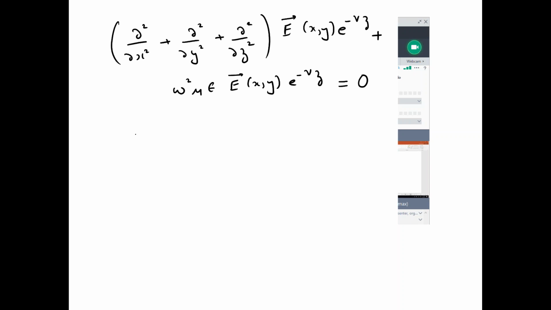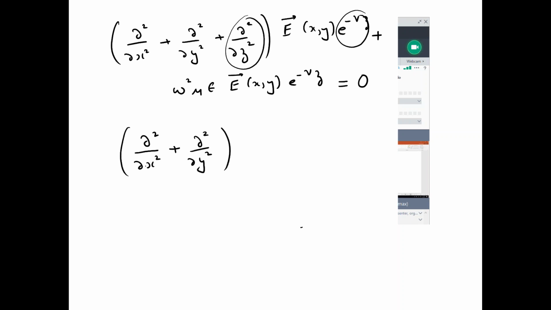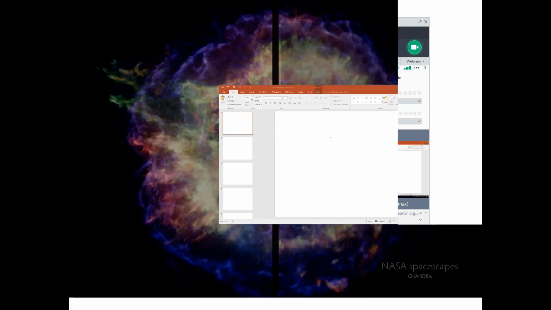So I have now a term. If I just do this twice, I just get gamma square out. So I can turn that and then the e to the minus gamma z can be dropped out. I have to solve this particular Helmholtz wave equation, del square of E x y plus omega square mu epsilon plus gamma square E x y